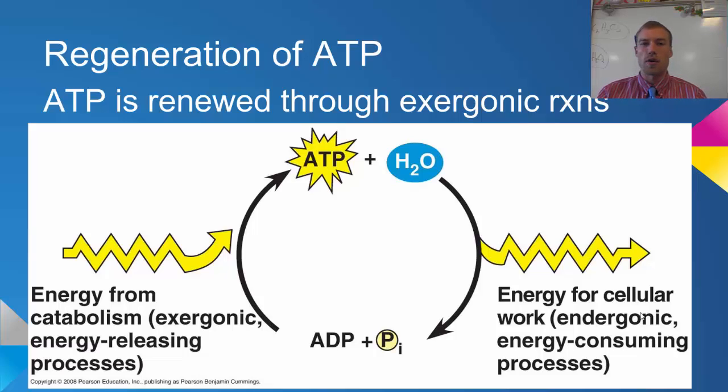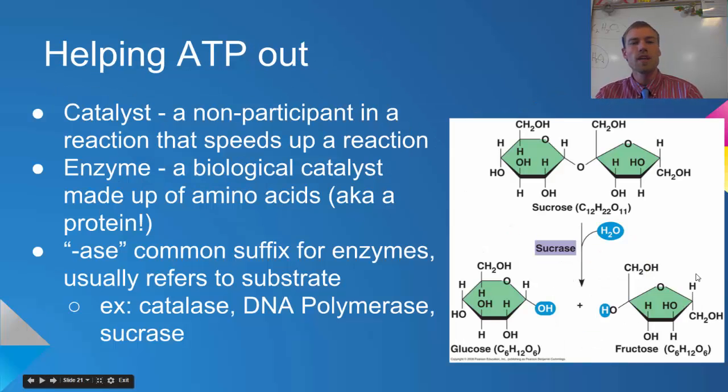And this is, again, why organisms have to be open systems, because we have to be continuously adding free energy into the system. Now, ATP by itself can do a lot, but it can't do everything. And the reason why is that reactions are just going to be happening at their own rate without something to help speed them up. And so we have catalysts, which in biological systems are enzymes that are there to help speed up the reactions. And enzymes are a type of protein